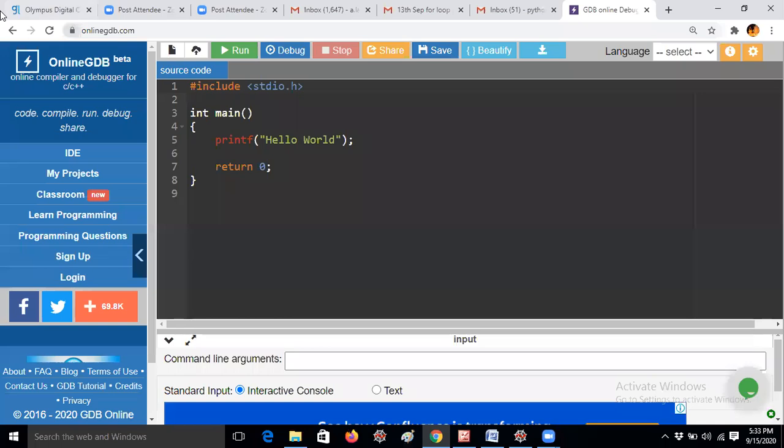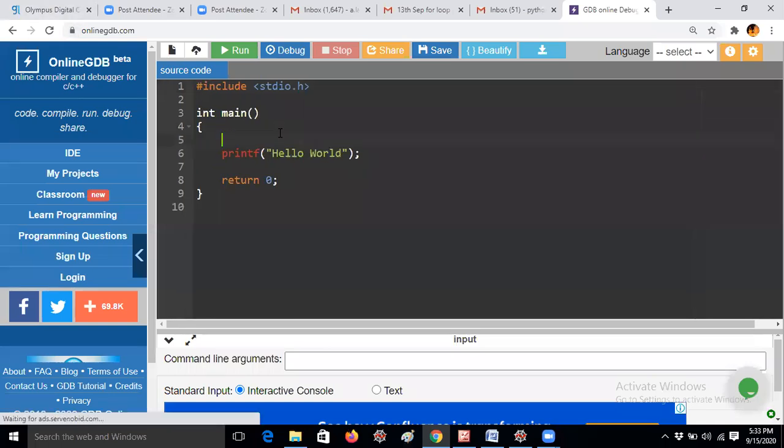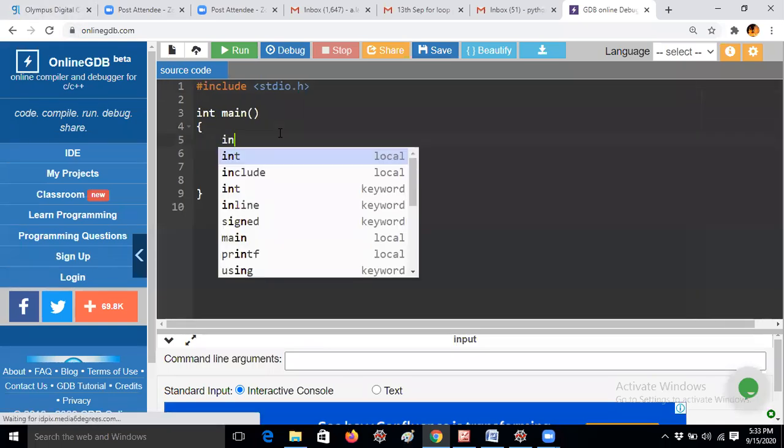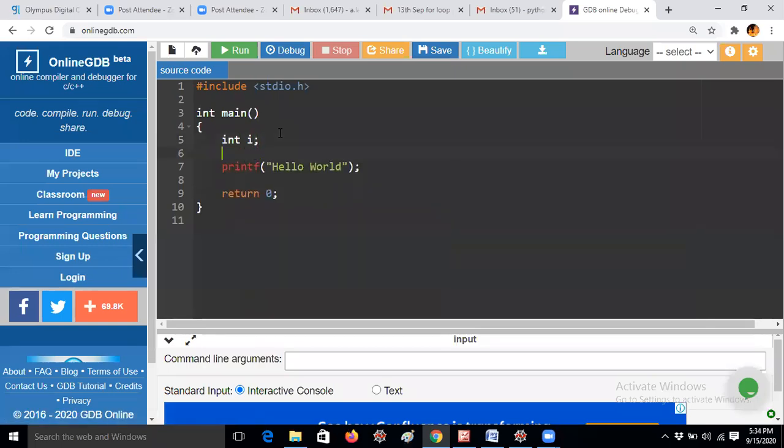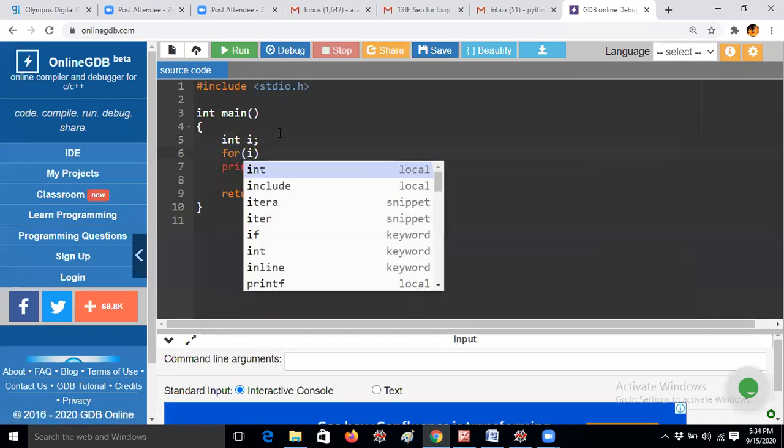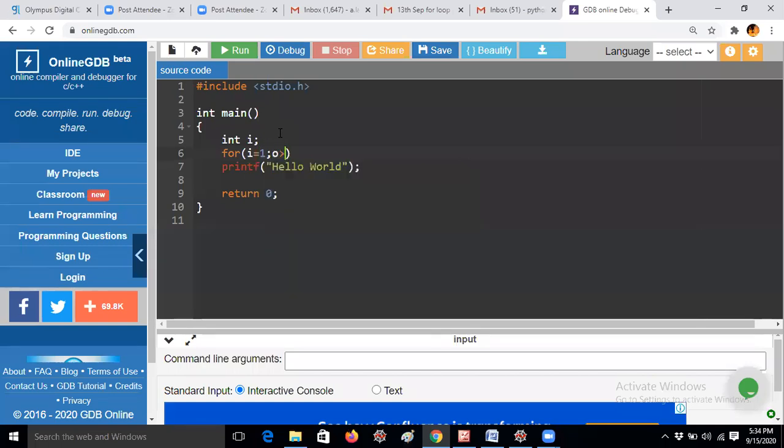Let me take a number: int i; for i equal to 1, i less than or equal to 10, i plus plus.